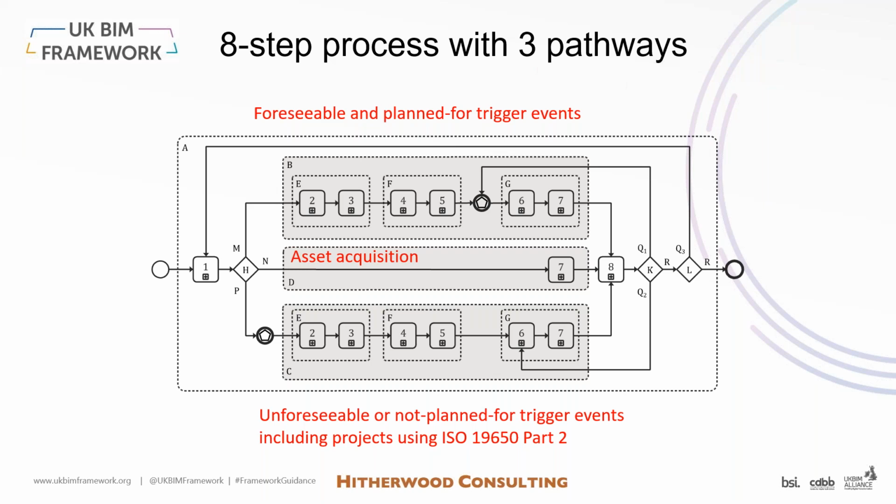The other side of the coin is at the bottom of the screen with the not planned for or unforeseeable trigger events, acts of God, things that are going to happen, but they're so rare that you wouldn't get everybody engaged and on board in advance, because otherwise they'll be just twiddling their thumbs for goodness knows how long. So in that case, it's a reaction to a trigger event. The trigger event happens, and then all of the steps about getting the lead appointed party into the delivery team, then they start happening. So there is then going to be a delay before you get to step 6 and 7 about producing information